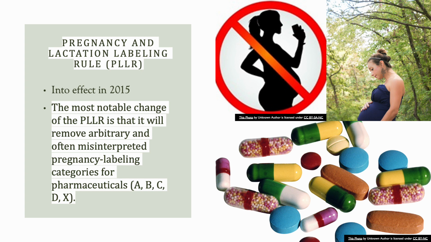The mandate from the FDA eliminated the standard pregnancy category letters for prescription medications: A, B, C, D, and X. The new recommendations are now in the form of drug labeling that contains increased detail but also increased complexity. And the most notable change of the PLLR is that it will remove arbitrary and often misinterpreted pregnancy labeling categories